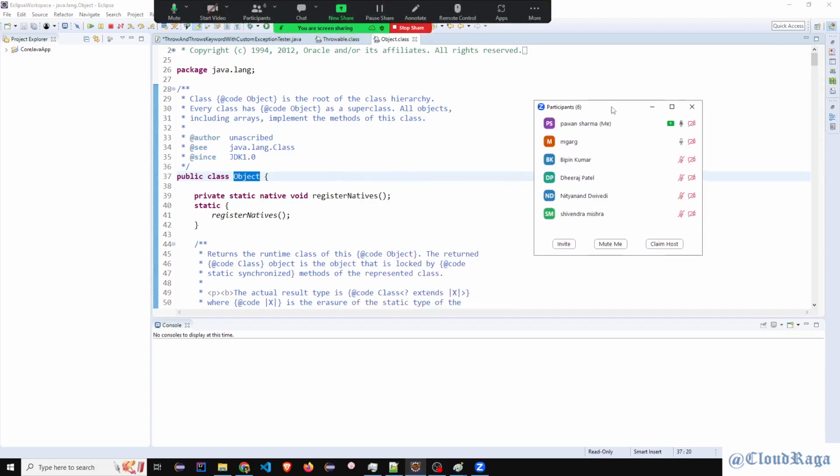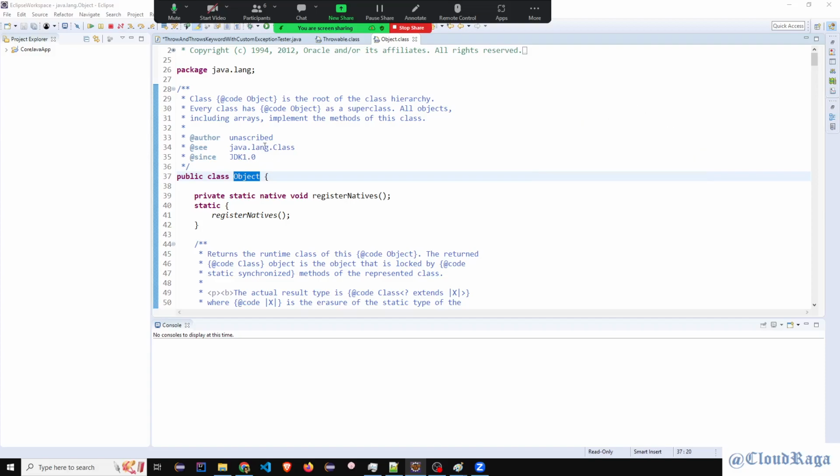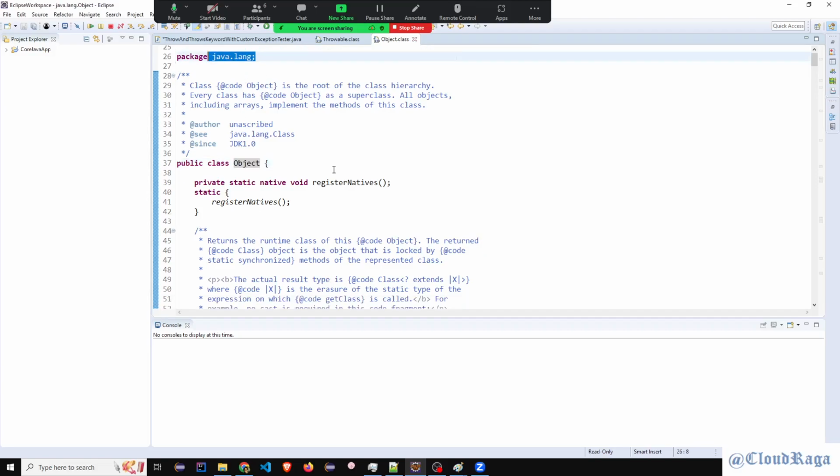Sir, this class doesn't need to be specially imported. Not a class, it's a package, right? So sir, the classes inside this package we don't need to import, they are there in our program by default. Correct. So that's why you don't need to write anything, import this package from this location or this class. It's not required. And object class itself is in the lang package, so it's already there.